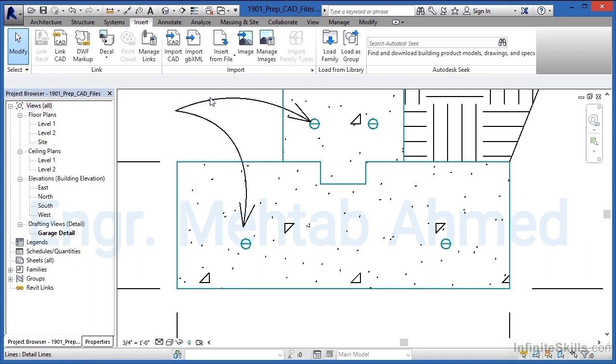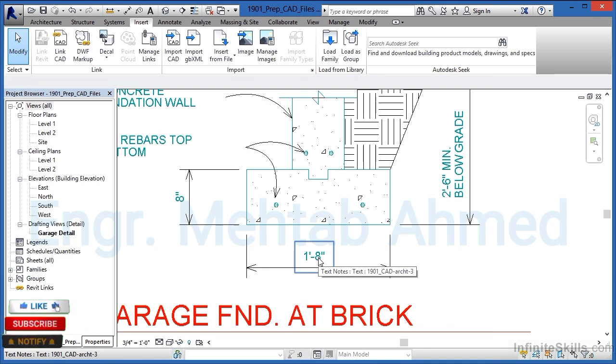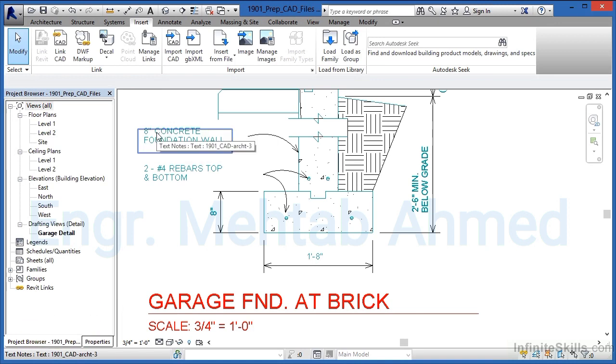Each individual line and not a true arc. This arrowhead is no longer an arrowhead, it's line work that looks like an arrowhead. Your dimensions are the same way, your leaders. Everything that might be part of a dimension that was brought in from that AutoCAD environment is now an individual line. Even the text, which would have been multi-line text, may be showing up as being just a single line